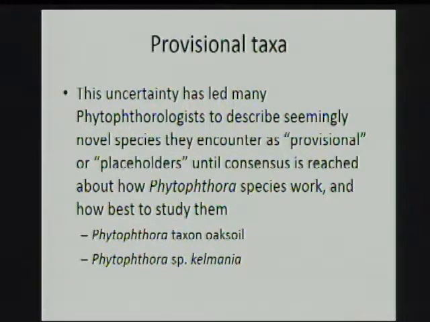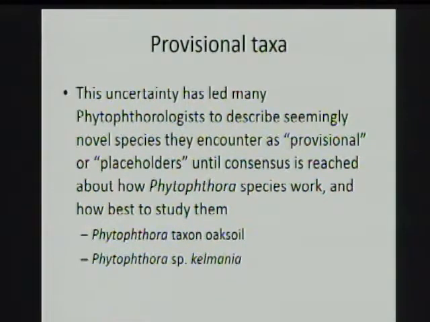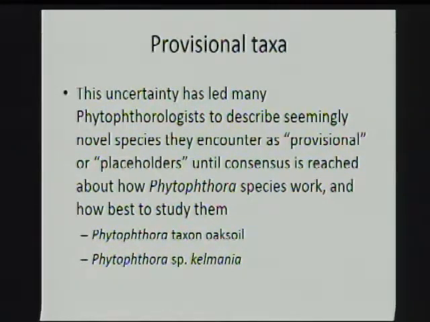That puts scientists in a bit of a bind. We have to go out and publish in scientific journals, and the people who are moderating those journals, they're scientists, they are living in this world of real species. So if we come through and say, well, we've got all these new species, but they're defined in this way that we know to be artificial, that causes problems. We might not be able to publish them, which is the only way we can really get them out there for everybody to know about.